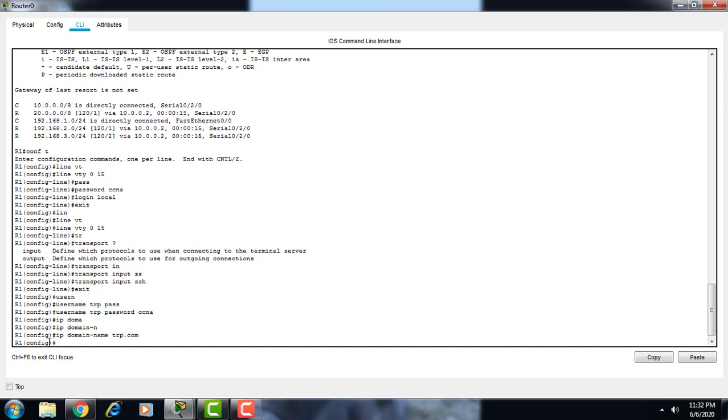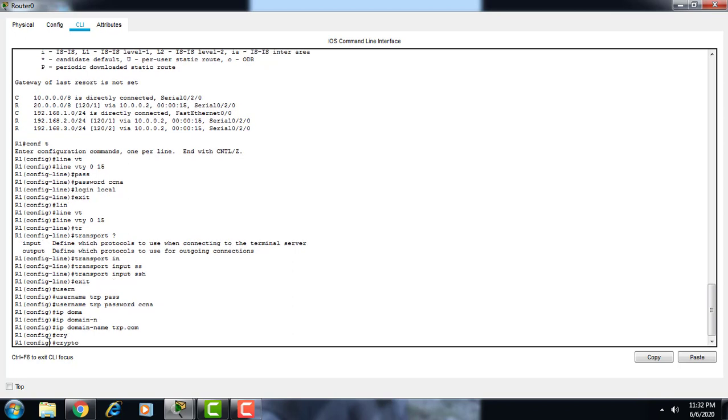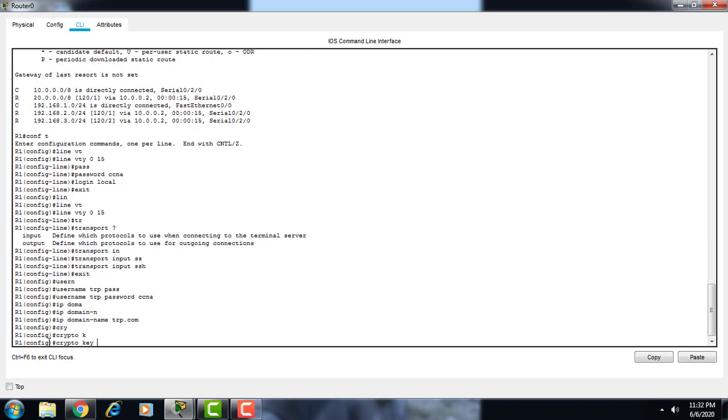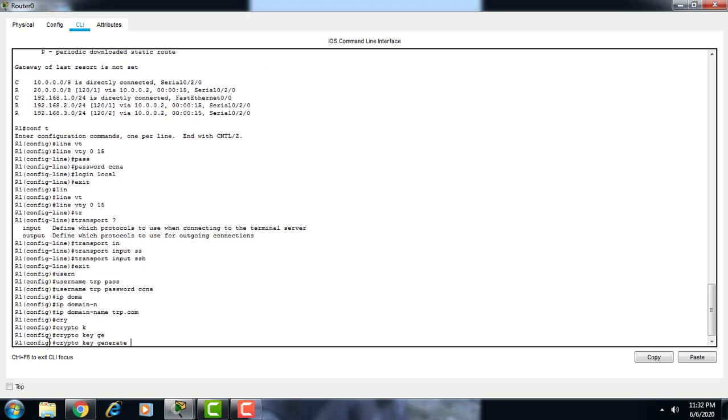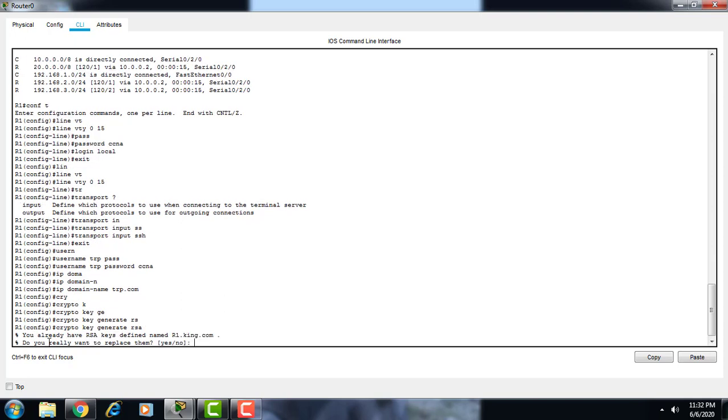Now we have to generate the crypto key: crypto key generate rsa. We already have one key given, so we can also replace it. Yes.